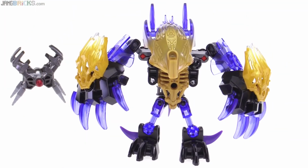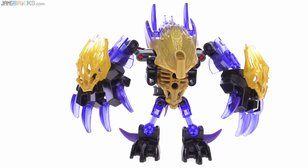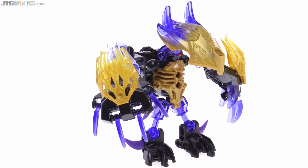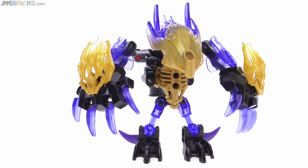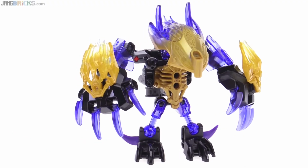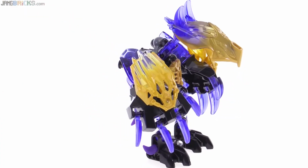So there he is. Let's check out the proportions of this one. I will show you the shadow trap that comes with it just by itself in a minute. The color scheme of this one is pretty consistent from head to, not toe, but I guess ankle, side of the foot. Yeah, it's pretty straightforward going through it, except for the inclusion of the armor add-on pieces that have